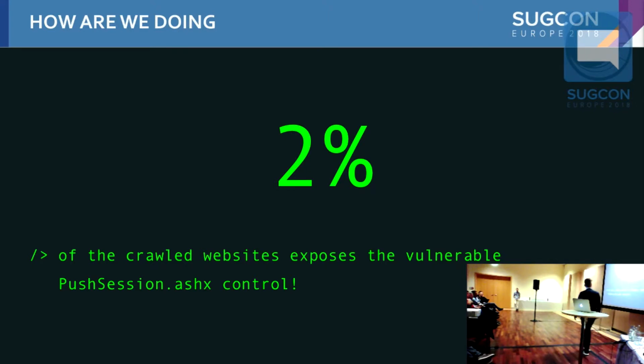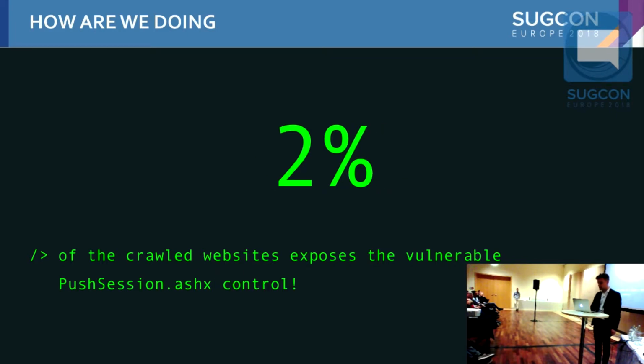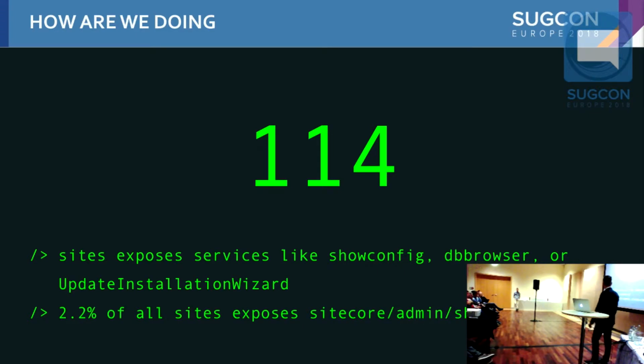This made me happy. With the push session thing, only 2% of the servers didn't patch for this. So we got something right. I don't know if SUGCON were better at explaining this issue or if it just got hyped a lot. But apparently we're pretty good at protecting ourselves against this issue, which is awesome. Too bad it isn't the same for our 52%ers here, because it's just as easy to fix this one. You can even set up Octopus Deploy to ensure that this is just removed when you put your stuff out there. So 114 sites